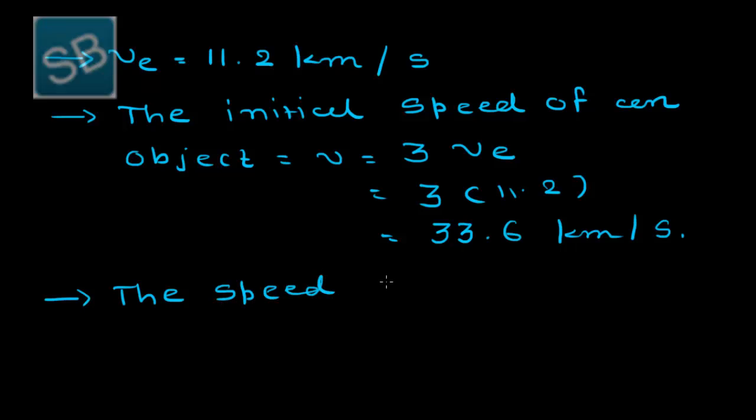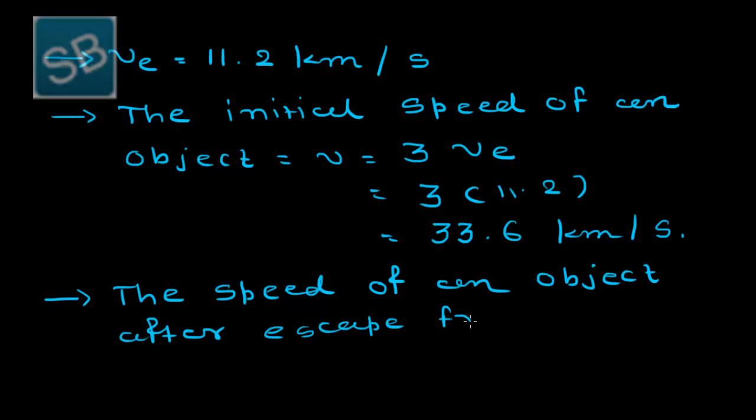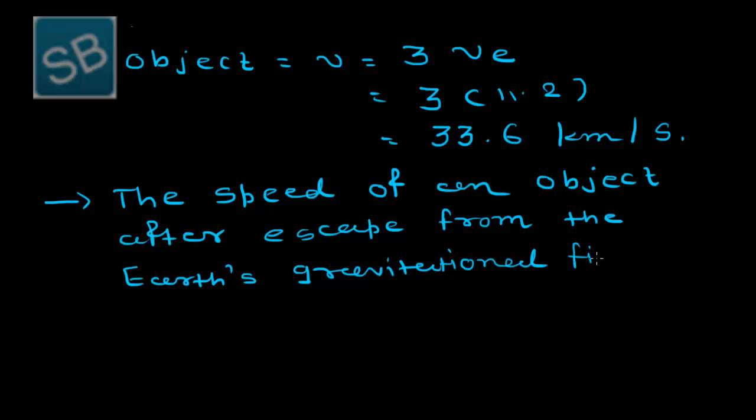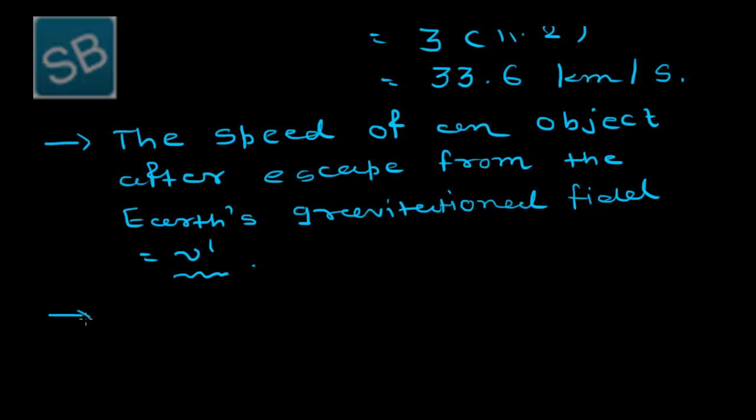So the speed of an object after escape from the Earth's gravitational field, I am considering this speed as V dash, and now according to the law of conservation of mechanical energy,